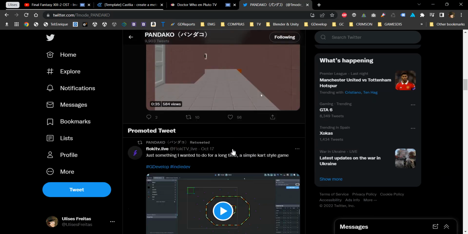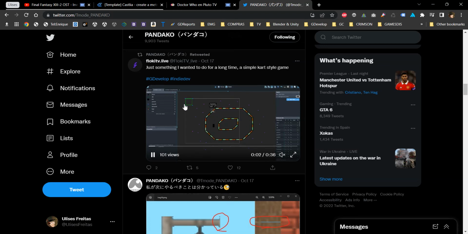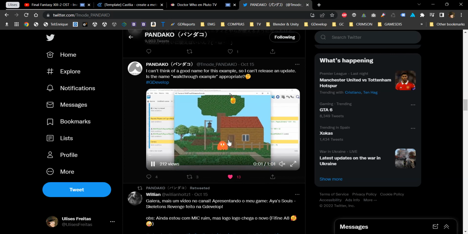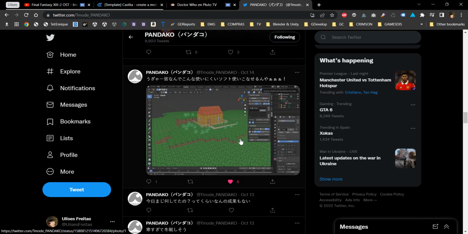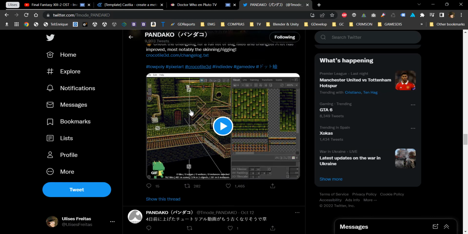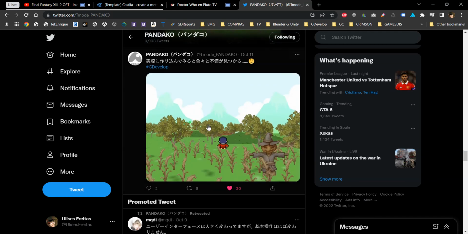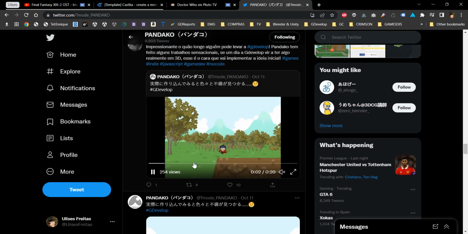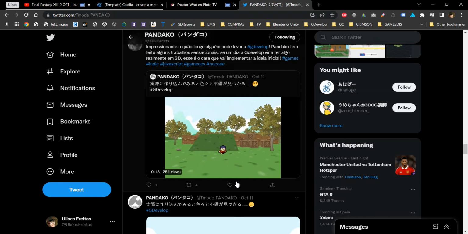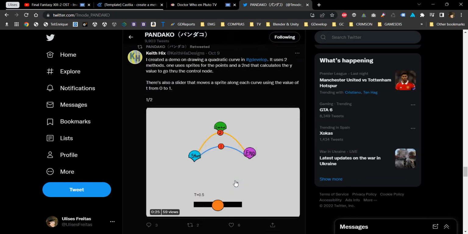I don't really know which kind of integration he's making, but I really love this work. What he's doing here is awesome. It's awesome. Look at that. Unbelievable. In GDevelop at